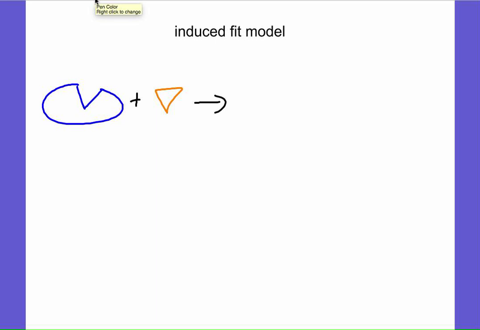So when I draw this enzyme substrate complex, I need to see a change. I need to see a difference in that substrate. So from that triangle shape, once that fits into the enzyme, what's going to happen here is I'm going to have a change in that shape. Right? It's called induced fit because once that enzyme and substrate come together, that enzyme's going to change the shape